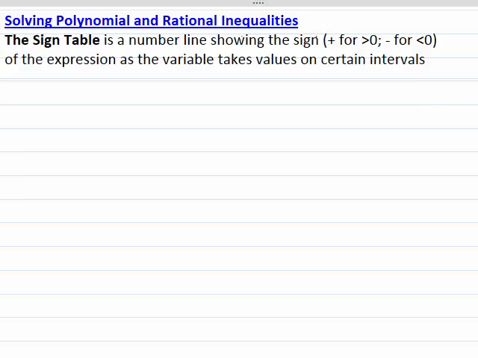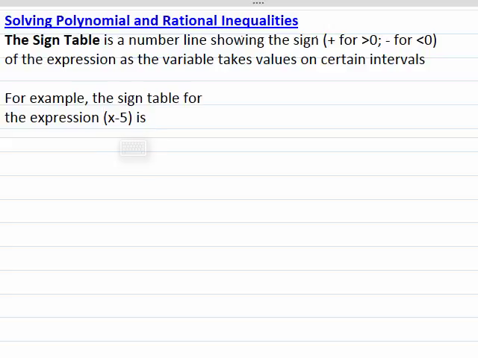Welcome to the second lesson on the sign table. As a reminder, the sign table is a number line showing the sign plus for greater than 0 or minus for less than 0 of the expression as the variable takes values on certain intervals. For example, the sign table for the expression x minus 5 is